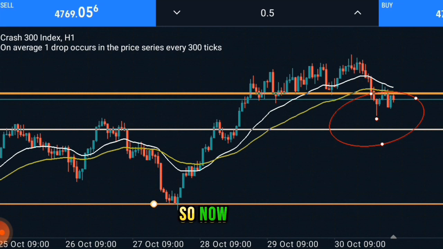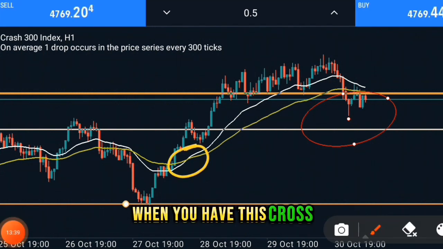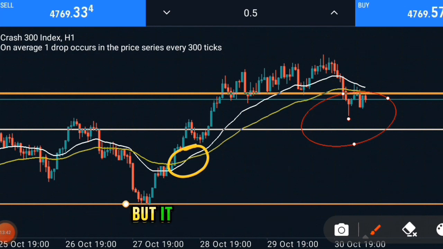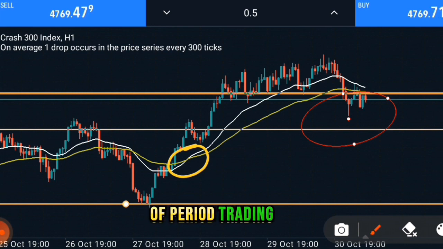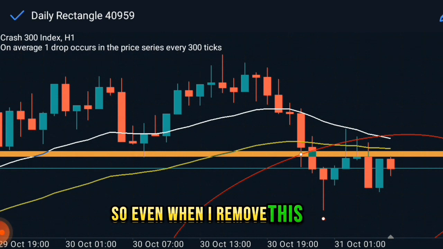All right, so now look at this. Even without adding much of this, when you have this cross, don't rely on this cross, but it just shows you that the 25 has crossed the 50 in the period of trading. So, and you still check into this place. Let me zoom a little bit so that you see what I'm saying. So even when I remove this now,